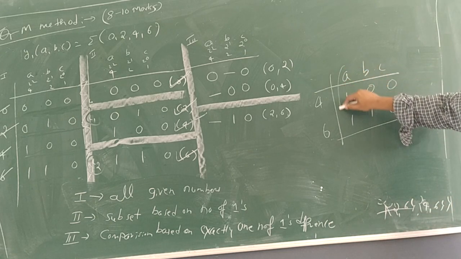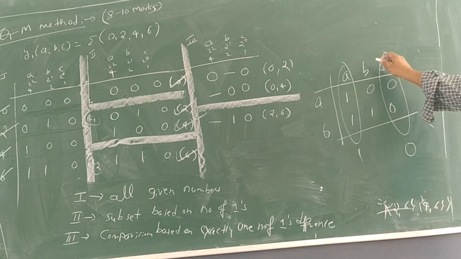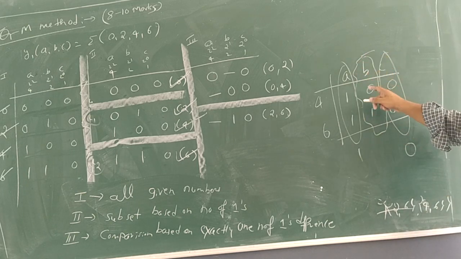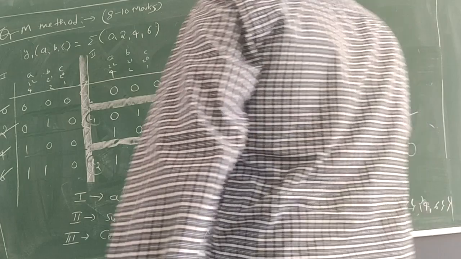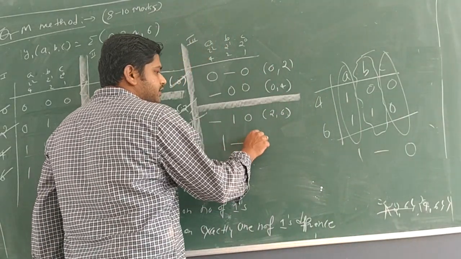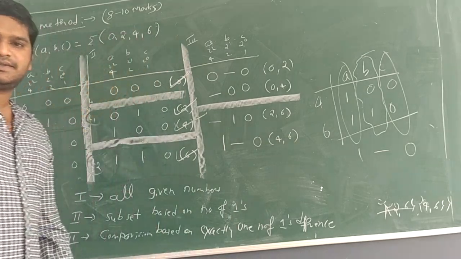Okay, can you write the group? See, what is A? Same, hence it is 1. What is C? Same, hence it is 0. What about B? Changed, hence it is hyphen. So what is the group name called? 4, 6, 1, hyphen, 0. Here I will write 1, hyphen, 0. Group name is 4, 6.